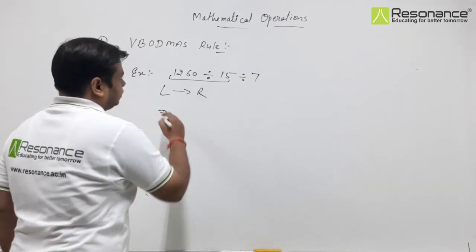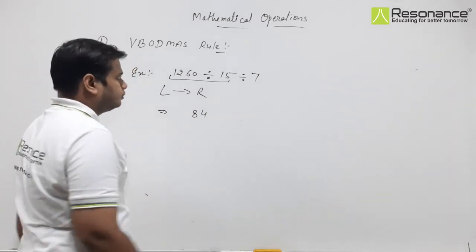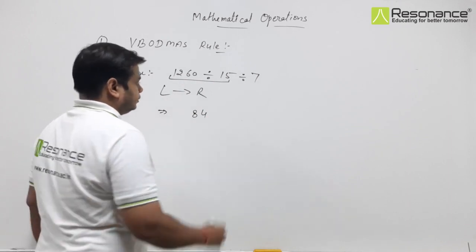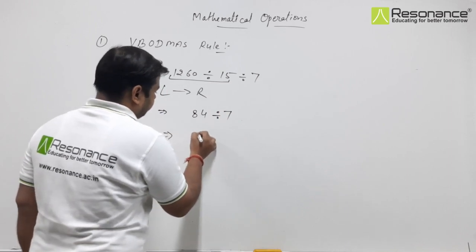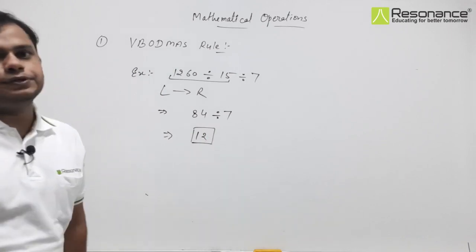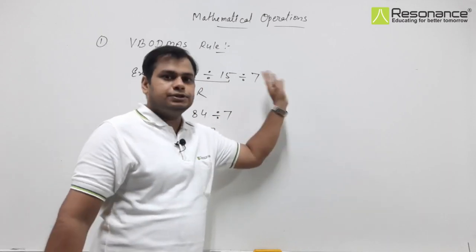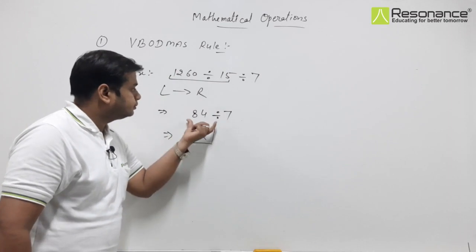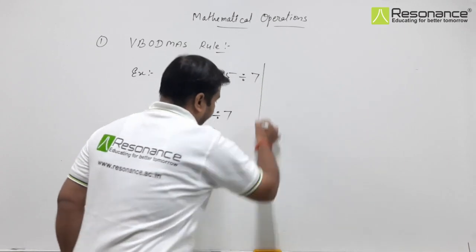So 1260 when divided by 15 will give us 84, and then 84 divided by 7 will give us 12. So 12 is the answer of this equation. So remember this, whenever we have 2 division or 3 division here, then we have to solve from left to right. We can understand by another example,